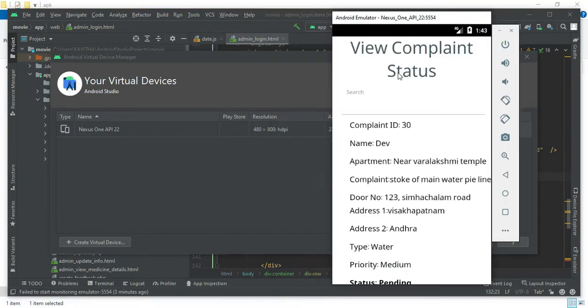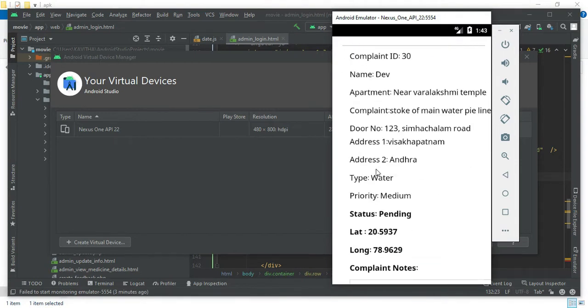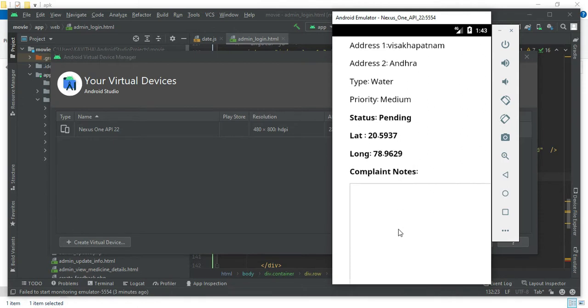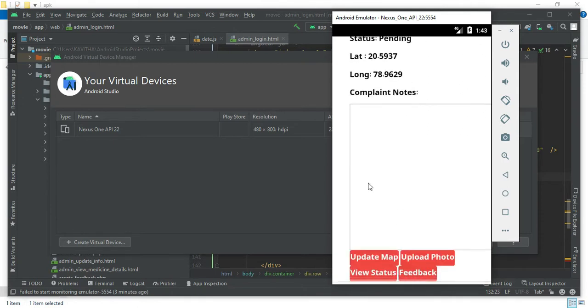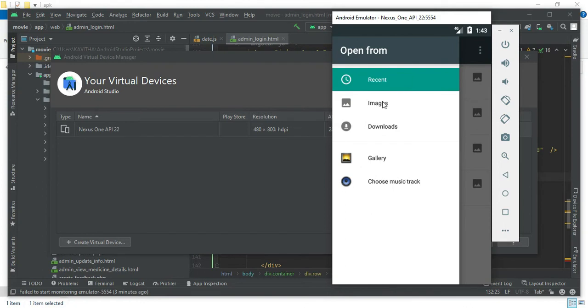And you can upload your photo image as a proof. So once you capture the proof in your photo, you just click on upload proof, and from your gallery upload the proof.